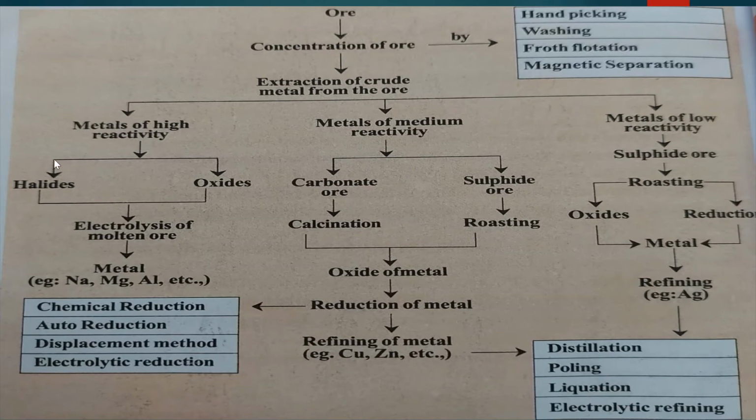These undergo electrolysis of the molten ore. I hope you all remember what electrolysis is. Lysis means breaking, and electro means in the presence of electricity. So electrolysis of the molten ore gives you the highly reactive metals, which are sodium, magnesium,